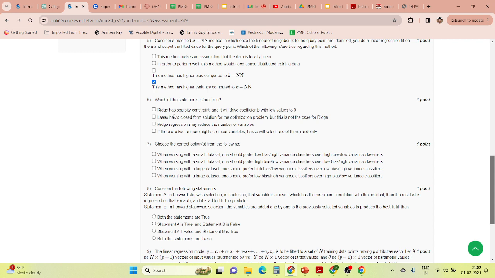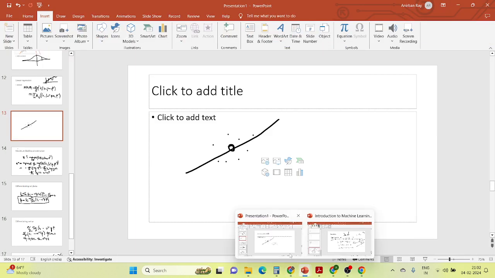From that we'll get ridge regression, which has the square of W transpose W as the regularizer here. And in lasso there will be the absolute value of W as the regularizer. So you have to understand, I will teach it next time, that